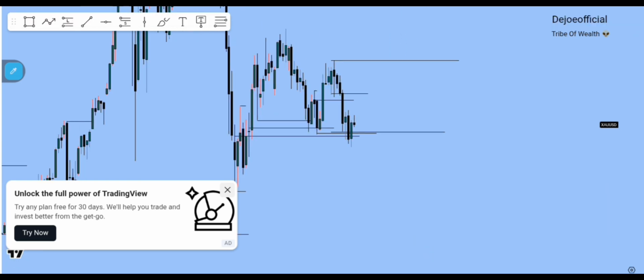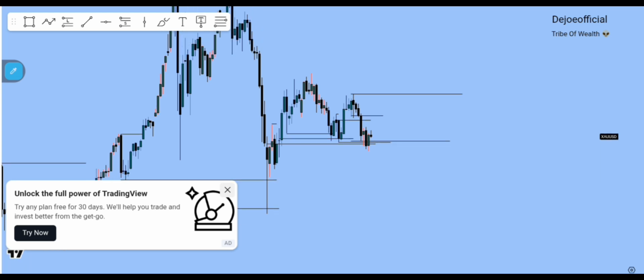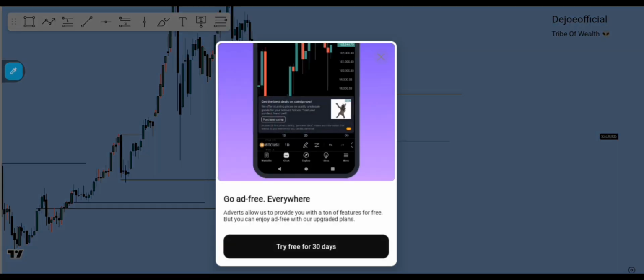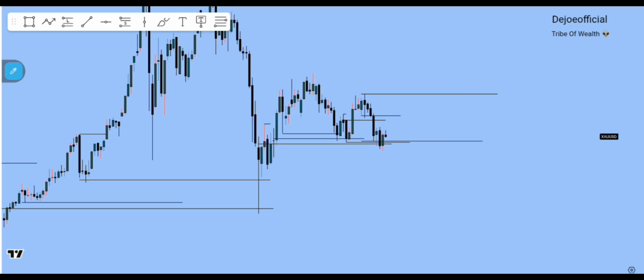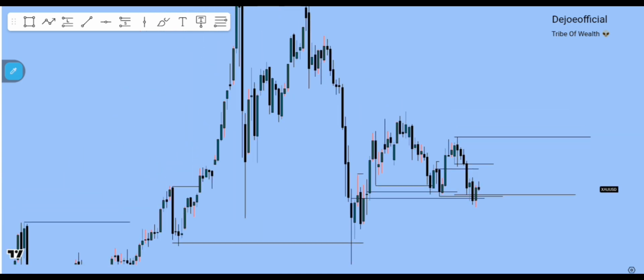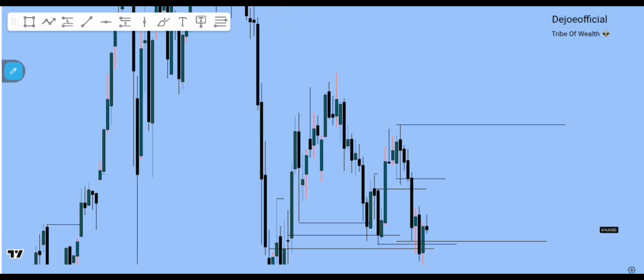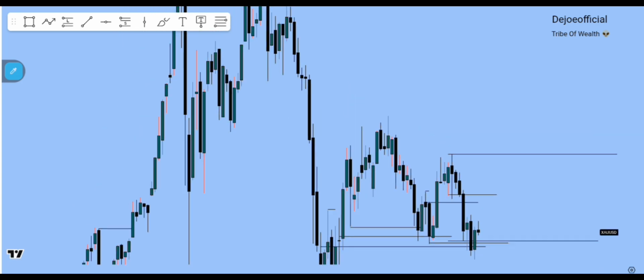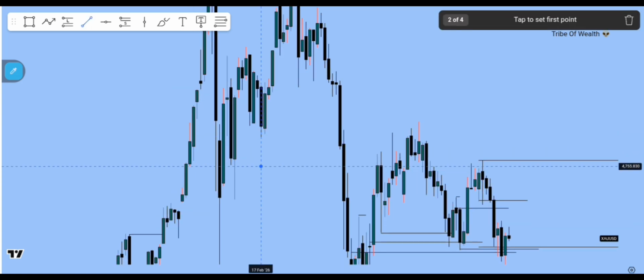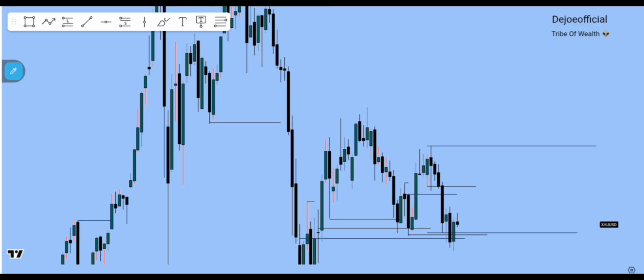So on XAUUSD I'm still seeing some kind of buy, but looking inside, as you can see, it is on a bullish trend and also on a bearish trend. The overall trend is bullish, but there is something that is making it bearish. So as you can see from here, there was a market structure shift. This is my market structure shift, and then my liquidity here.